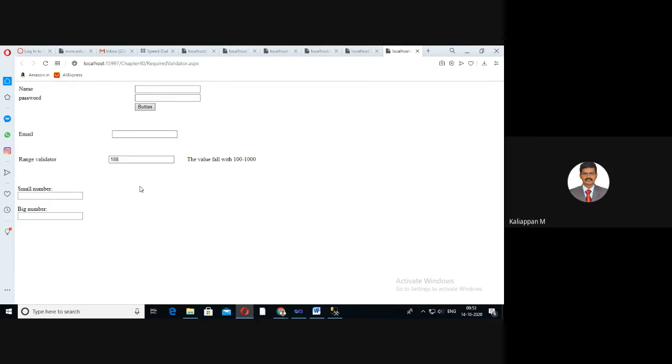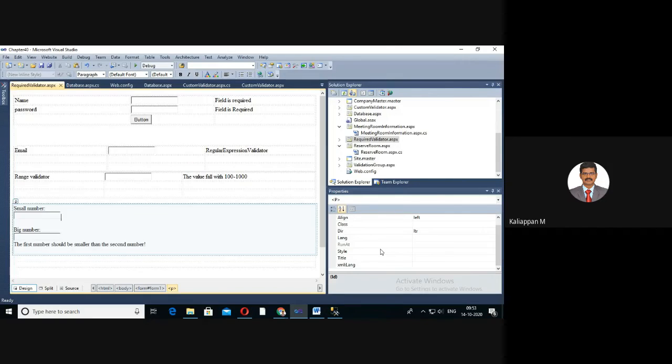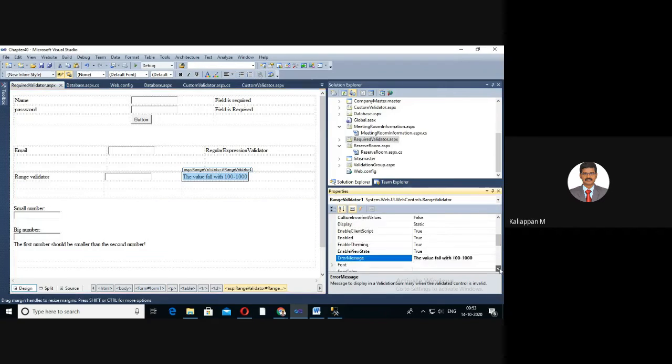I have to check the range validator, one second. If I give a value within 100 to 1000, it should not give the error message, but it gives the error message.